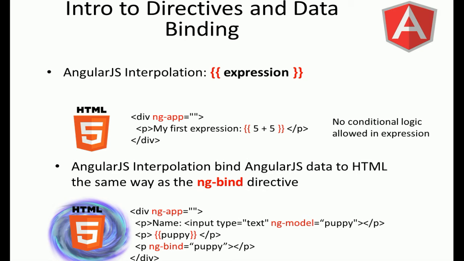Here we have another look at ng-bind and interpolation symbols. Expressions can be included in the interpolation symbols. These expressions are evaluated, and the result is displayed to the view. On top, we have the expression 5 plus 5 evaluated inside the interpolation symbols, which will render the value 10